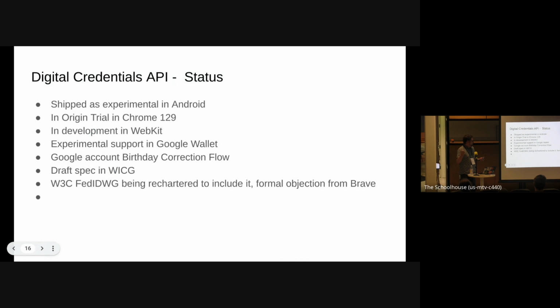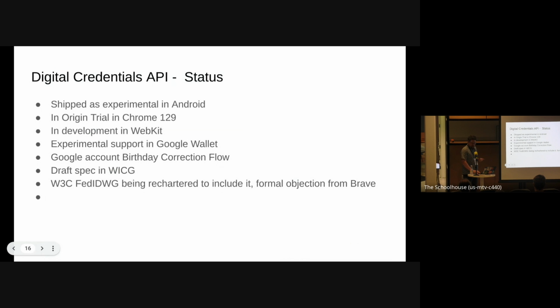And in particular, there's a flow today where if you have a Google account where your birthday says that you're a child and you change the birthday to say that you're an adult, Google puts you through an age verification flow today. It's a pretty unusual thing for someone to change the birthday such that they become an adult when they were previously a child. So if you do that, it goes through this flow, which will soon be able to use the Google Wallet support and the origin trial support and the Android support all together for you to be able to prove with, like, your California driver's license, for example.